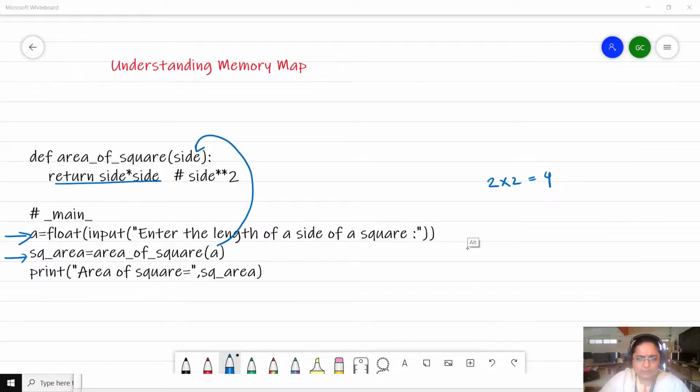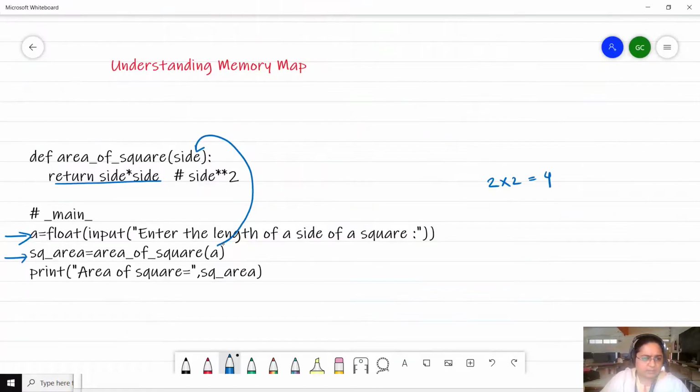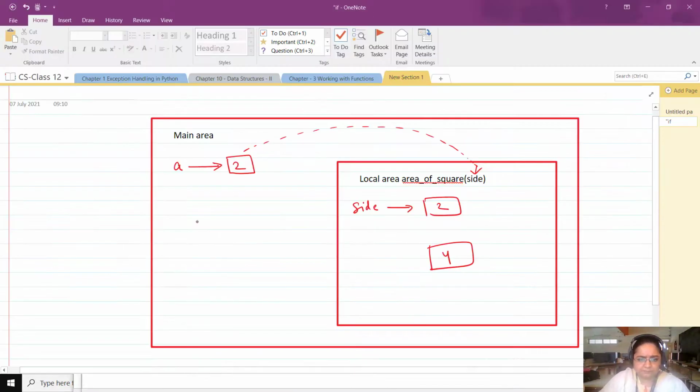This 4 is contained within this area somewhere, in an unnamed region, and it has to be returned back to the main area, and within the main area it has to be returned to this variable sq_area. So here we have sq underscore area, and because this value is returned over here, sq_area now points to this 4. So we saw that a value is being passed to the function and returned from the function.